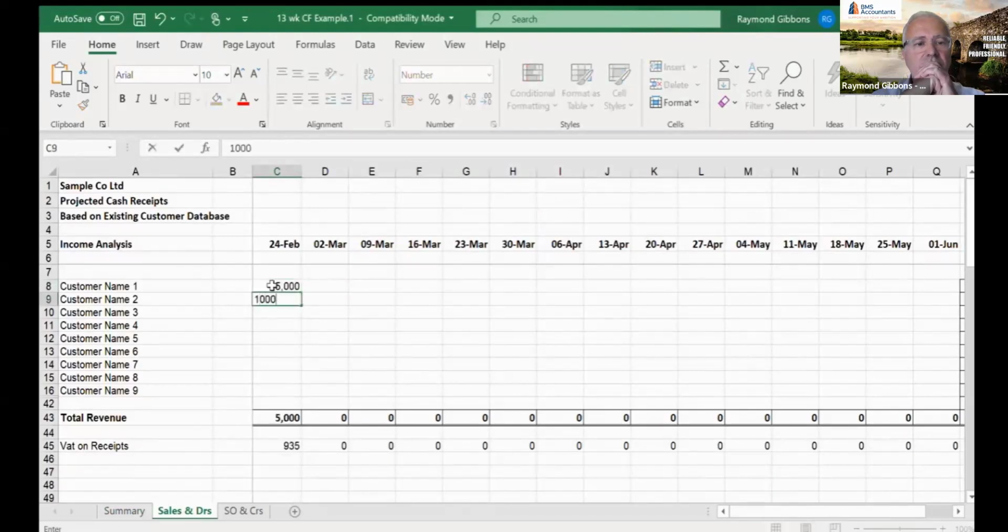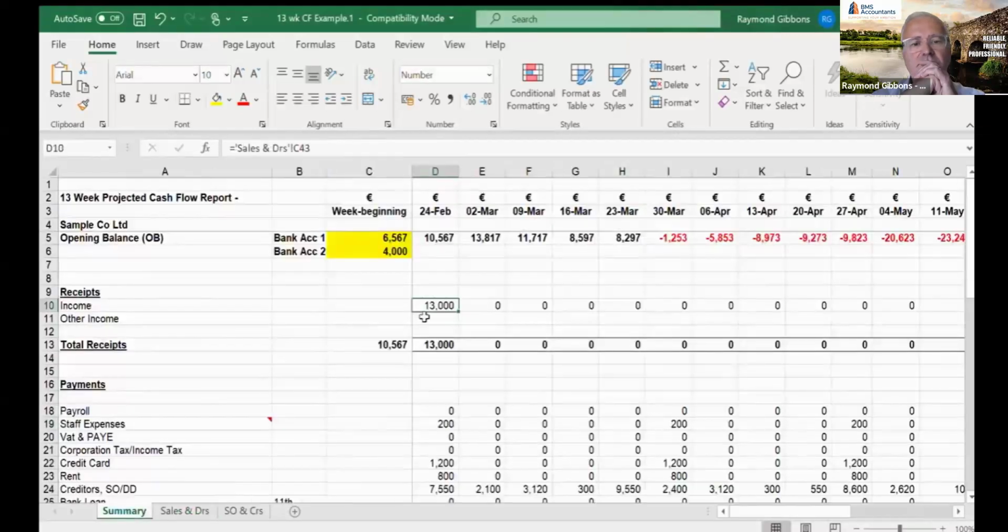€1,000. Customer number 5 will owe €5,000. And let's say that customer number 7, he'll owe €2,000. So he's due a total of €13,000 in week beginning the 24th of February. And if we click into the summary sheet here, you'll see that the €13,000 is being pulled into the main